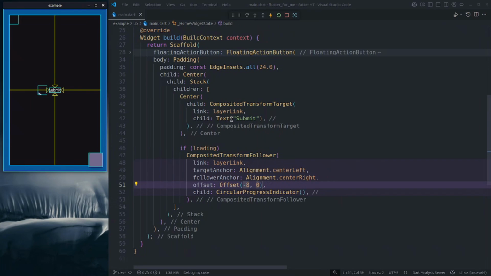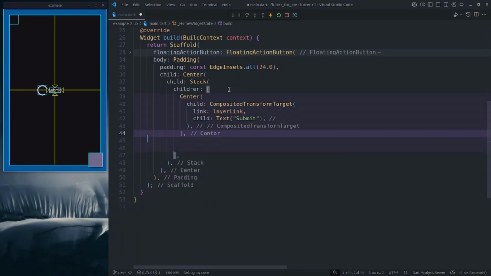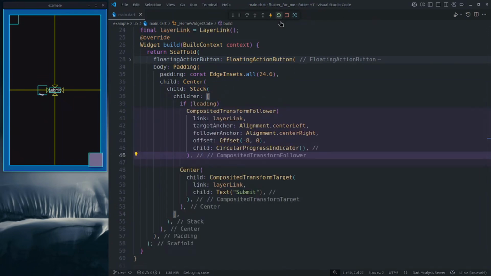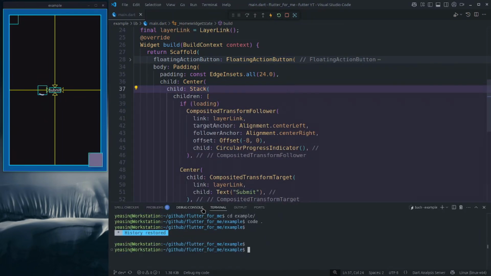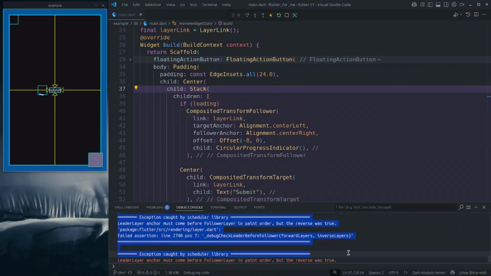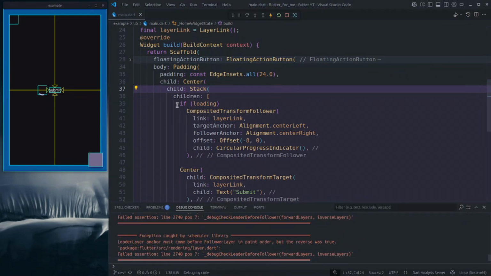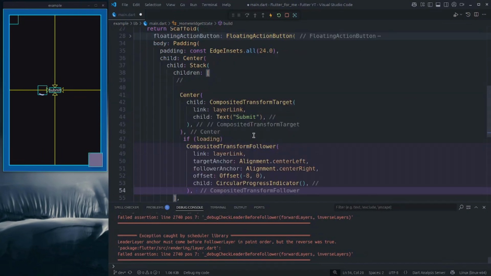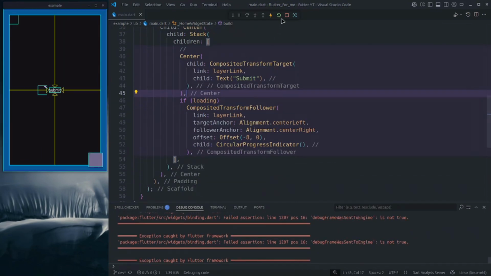And there is one more thing, the CompositedTransformTarget widget should be rendered first, then it will get the followers like I need to. If I cut it here and paste at the top, you will find I have some issue. Let me open the debug console. You can see it gave us an error, because this thing depends on this thing, so this should render first, then we need to have it here. Okay, so just keep this in mind,